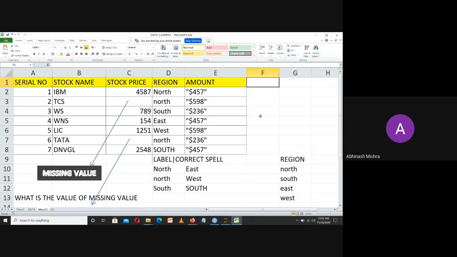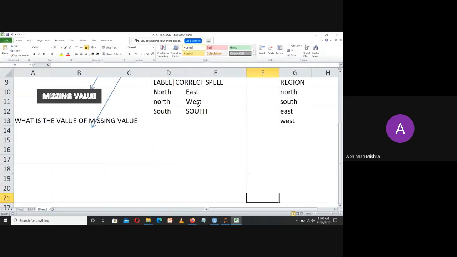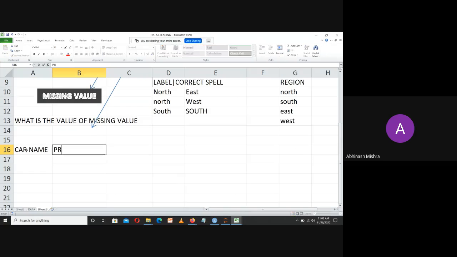Now suppose I'm going to make another data set, a more simple one in order to understand. Suppose I have different car names and their prices. Suppose I have Audi with me. Here somebody has written Audi, I have Nissan, somebody has written Nissan. Now what happened?